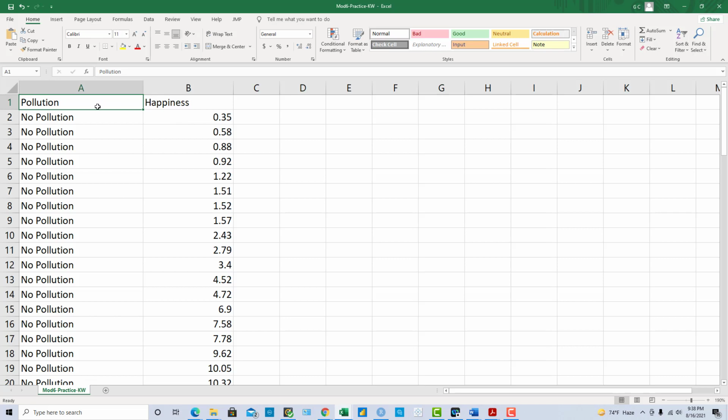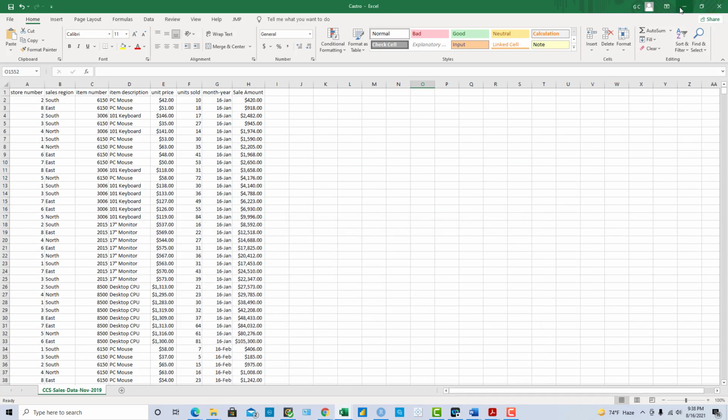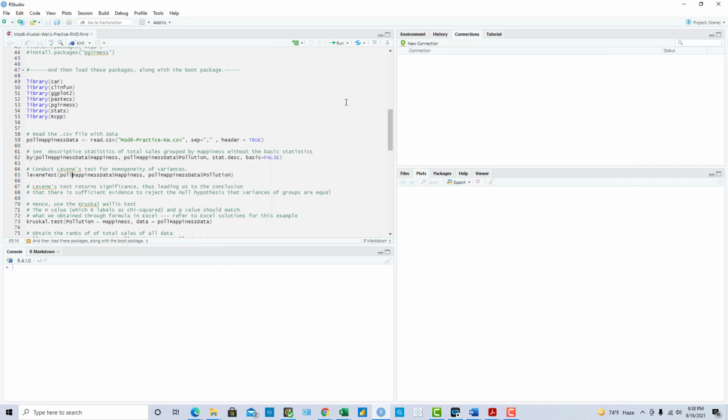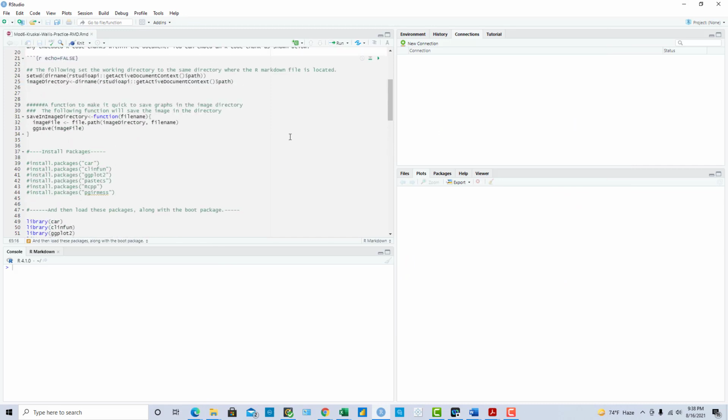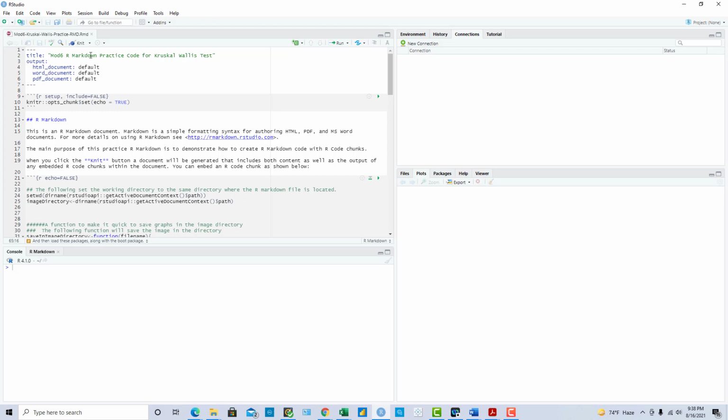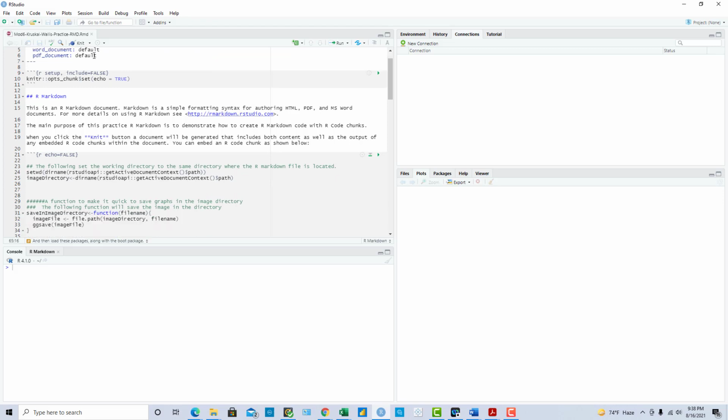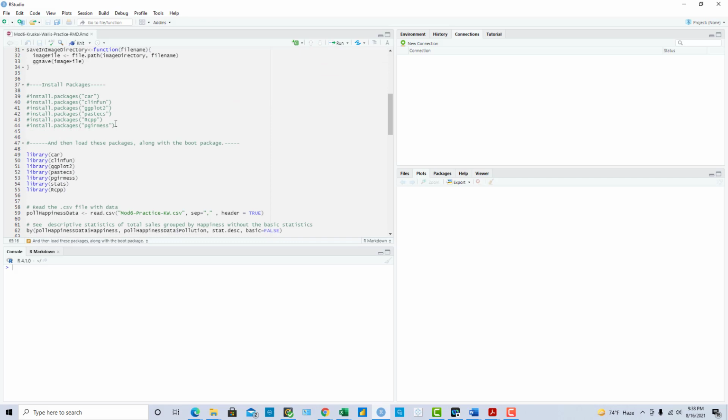So we have this input data file, which is a comma separated value file. And the Kruskal-Wallis test for this is fairly straightforward. We have this R markdown code, and in the R markdown code, at least one library that we have not used in the past, but we are going to use now, is this library that I have highlighted.